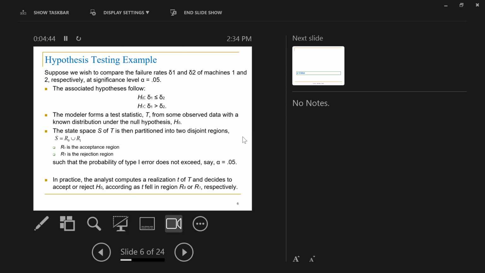Yes. So we are comparing delta 1 and delta 2, whether there is a difference or not. So why are we not taking this as there is a difference, like delta 1 greater than delta 2? Why are we taking delta 1 smaller than or equal to delta 2? So you're asking about the direction of the signs? Yes. So compare the failure rates between delta 1 and delta 2. And yes, the hypothesis. Yeah, so